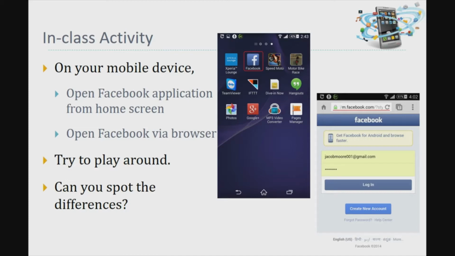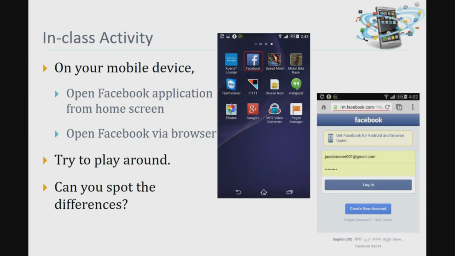Okay, both using the Facebook mobile application, and using the web browser, go for mobile Facebook. Or maybe you can use other applications, but one open using the mobile application and another one open using the